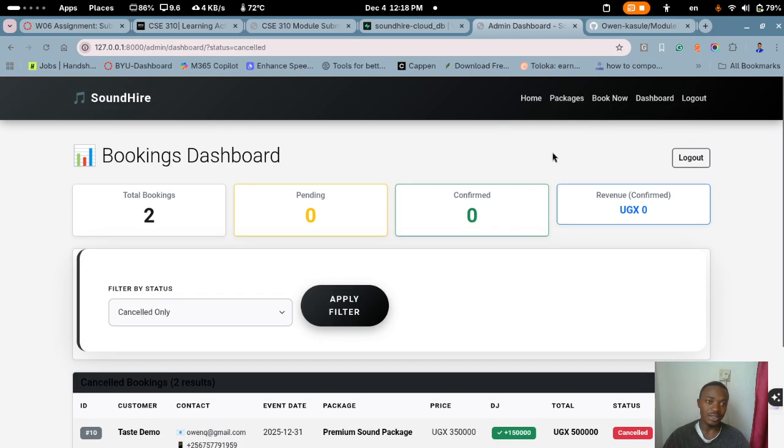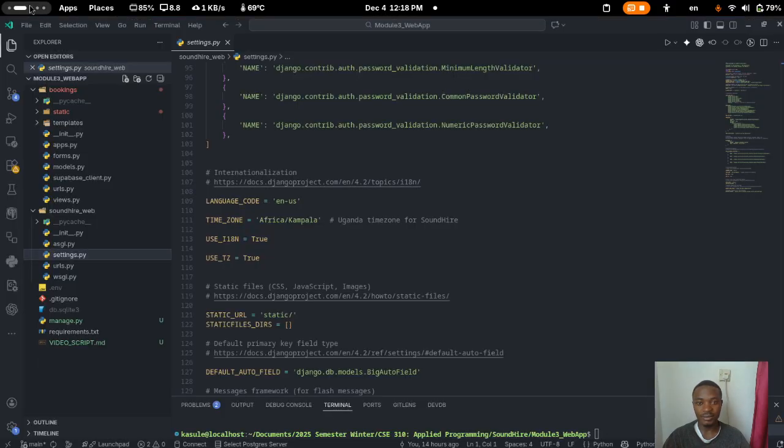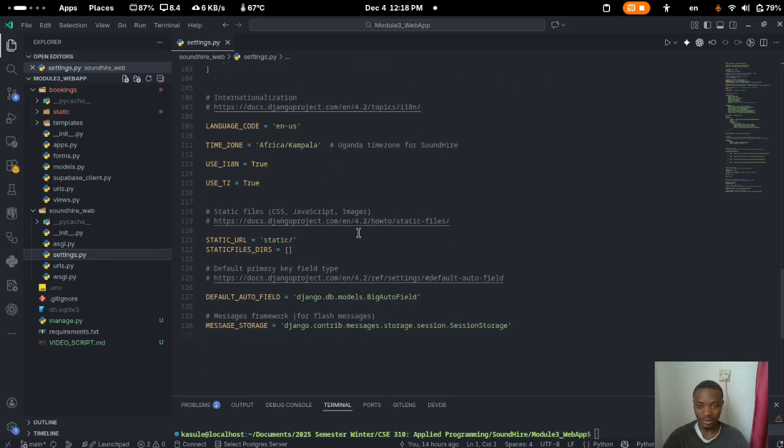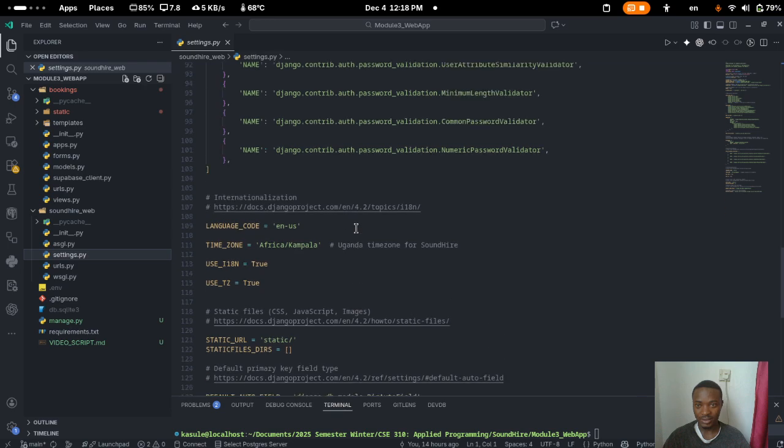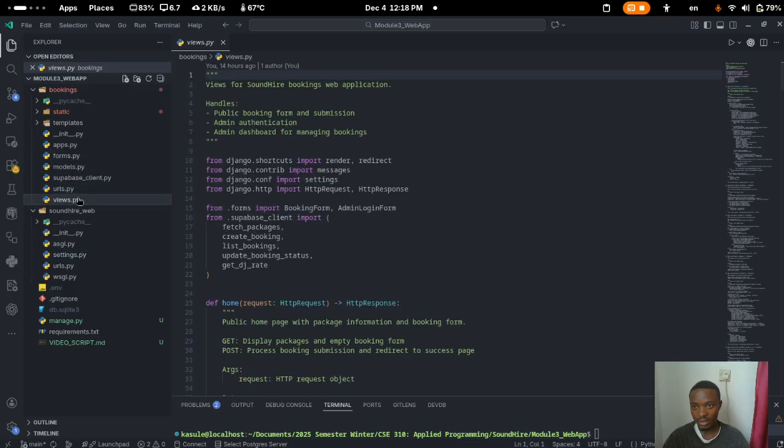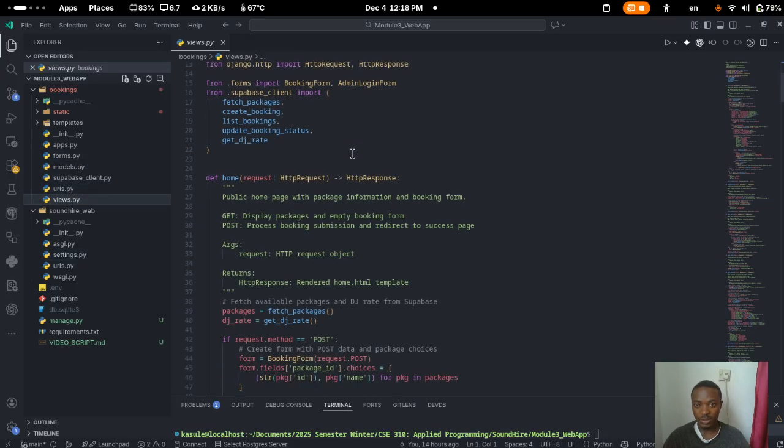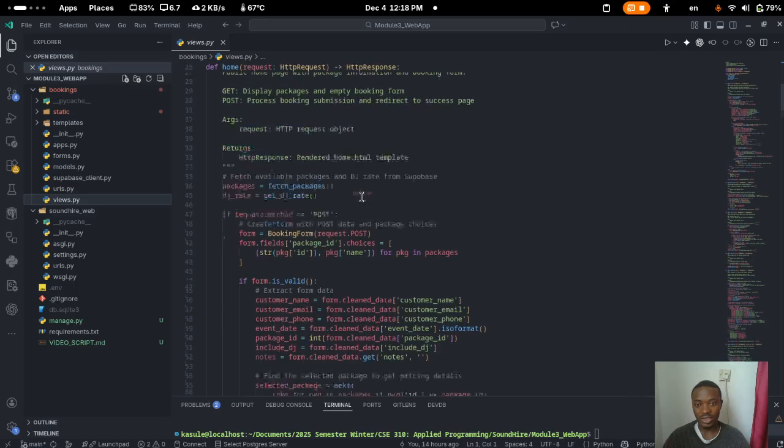So basically that's the web app I was able to build, and here are the code files. So this is our settings file, which has the settings of the page. You can set the time zone, the language, and the views are right here. You can see the functions that are handling